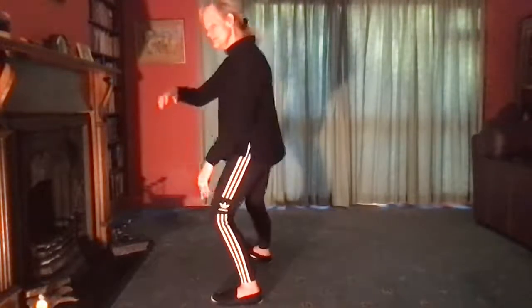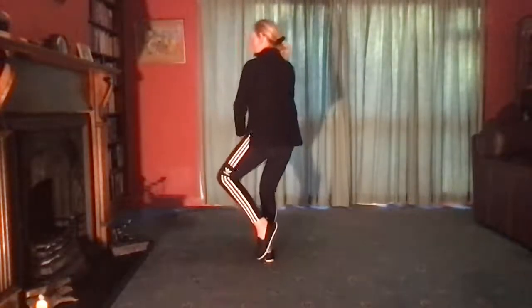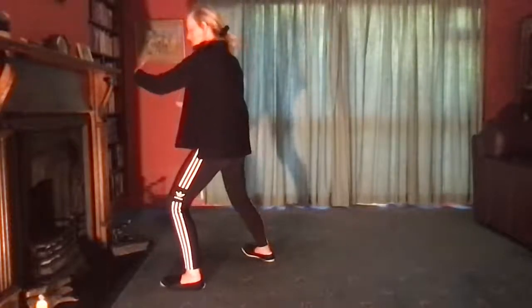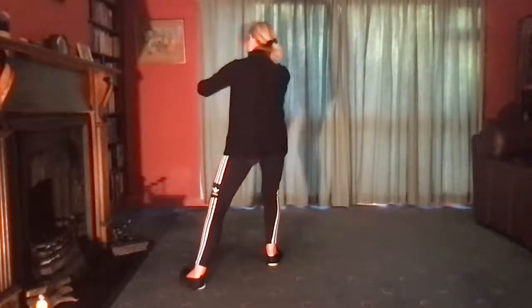Turn left, make the ball, step forward and left, ward off left, sinking the right hand down. Turn on the ball of the right, ward off right, palm at the throat, left fingers pointing, and then yielding